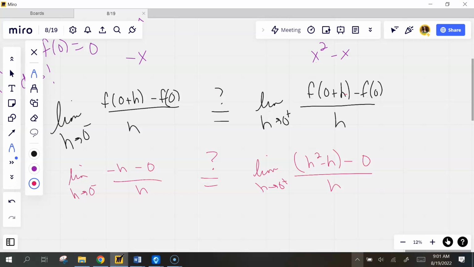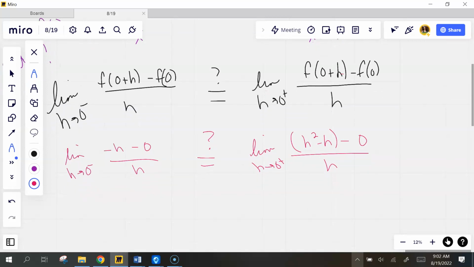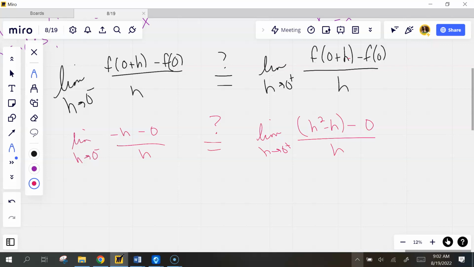Tell me when you're caught up. Okay. On the left, this is just negative h over h. And on the right,